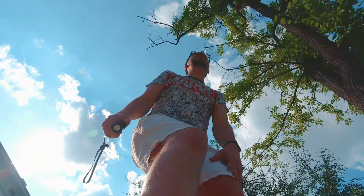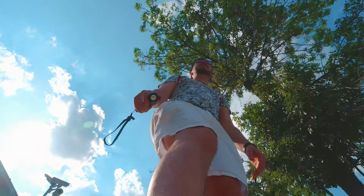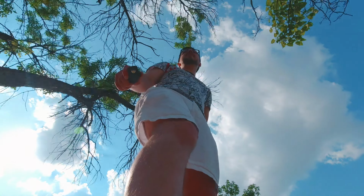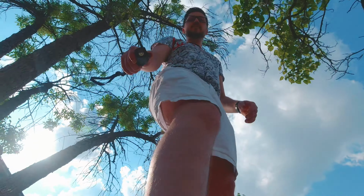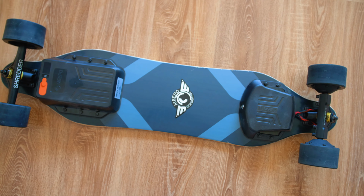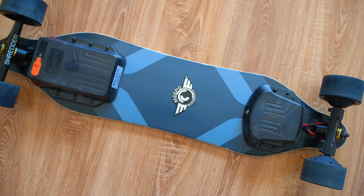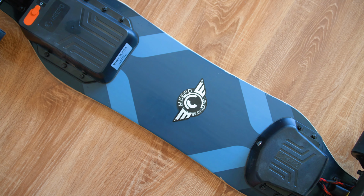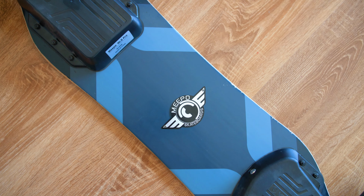Meepo as a company exists since 2017, and the fact that they continue to design and release new products means that they can improve, innovate, and are here to stay. This is the best Meepo board so far, and it is targeted at the mid-tier market. Hard to call it premium, but it is certainly far from being budget. It is the first Meepo with a way more reliable Hobbywing ESC, which is the board controlling the brushless motor,